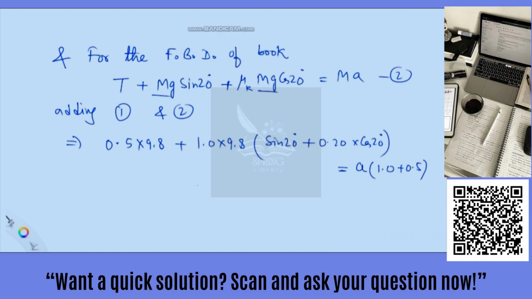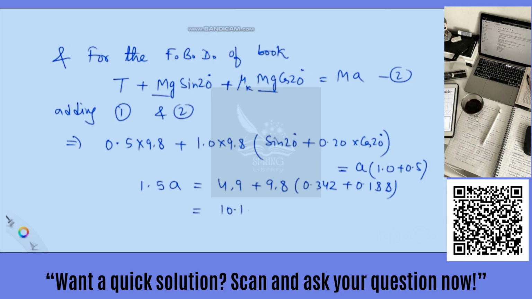Okay, so this 1.5a will be given by 4.9 plus 9.8 bracket 0.342 plus 0.188, and it comes out to be equal to